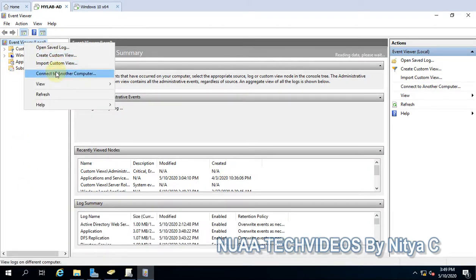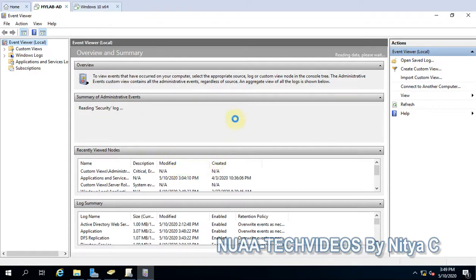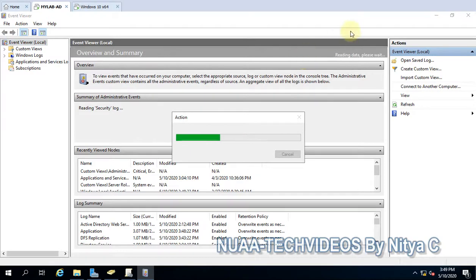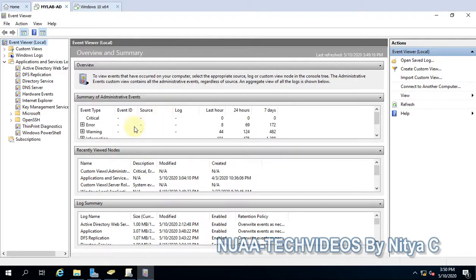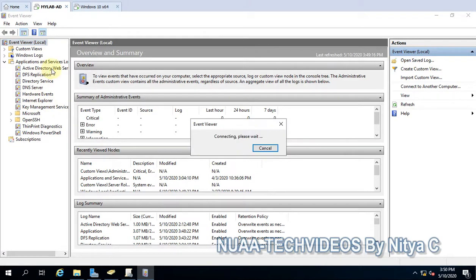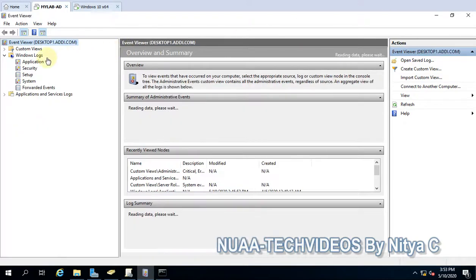Okay, I will connect to another computer. So I'll just browse it. Okay, and give the computer name desktop 1. Okay, search for it. Okay, identify. Let's connect. It is connecting. So we are now connected to desktop 1.